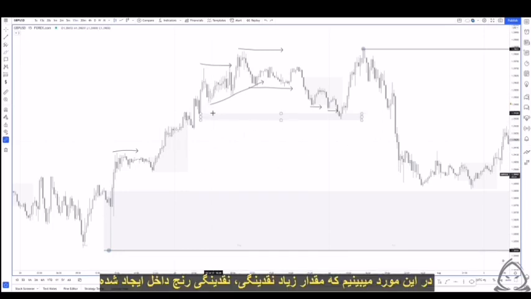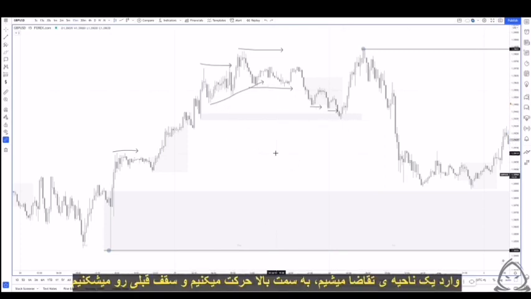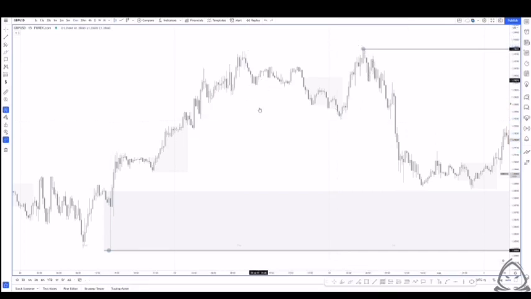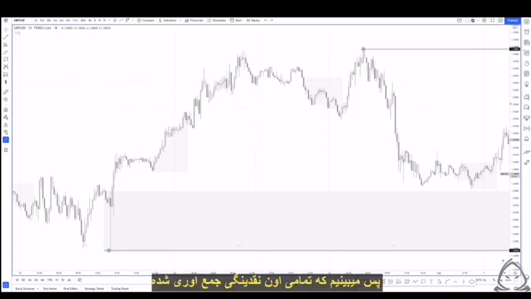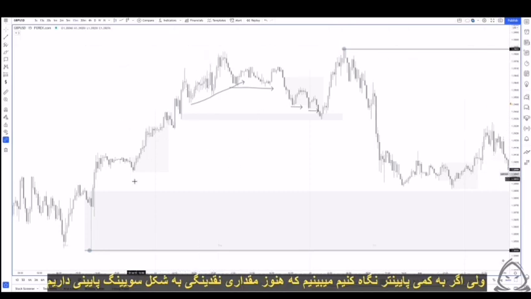And in this case, what we can see is we have a lot of liquidity, internal range liquidity being created. We sweep or take all of that liquidity, we tap into a demand zone, and then we continue moving to the upside, breaking the previous high. So what we can see is all of that liquidity is and has been taken. But what we can see when we just look a little bit further down, we can see that we still have